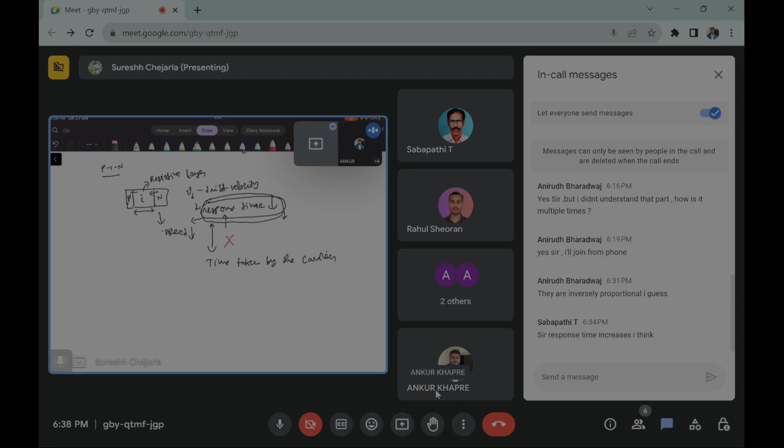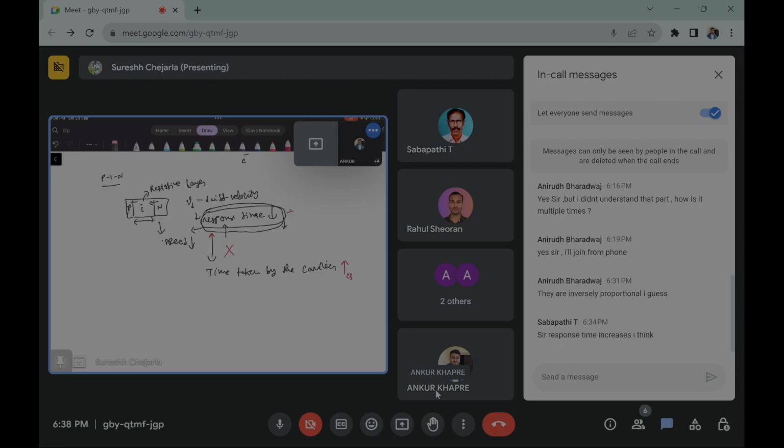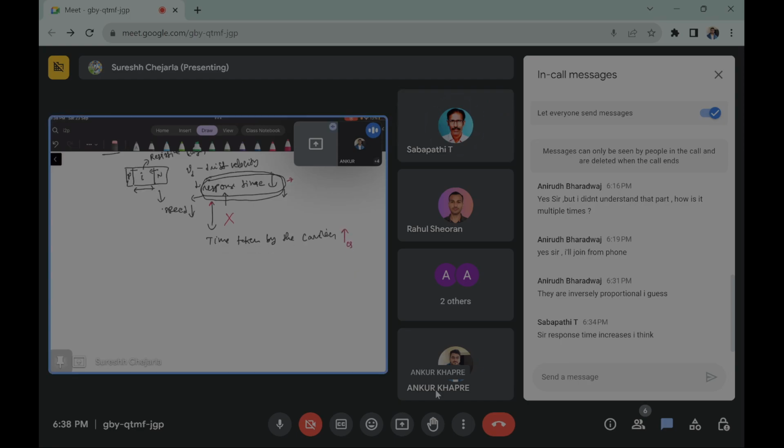Okay, both are not the same. So the time taken by the carriers is actually increasing due to the resistive layer. But what is the response time? See, the response time is actually,